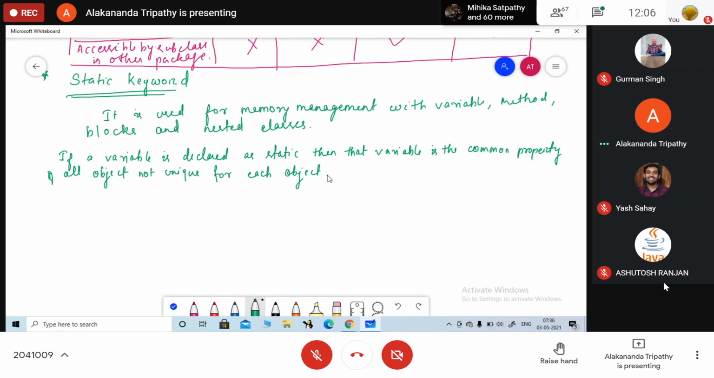Static variable. If a variable is declared as static, then that variable is the common property of all objects and it is not unique for each object. Are you getting this point? Yes, ma'am. Okay, the next point here is the static variable